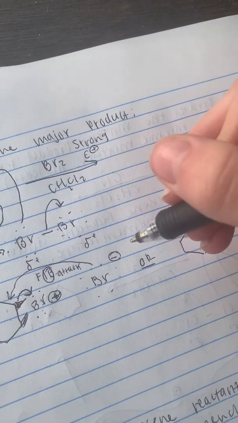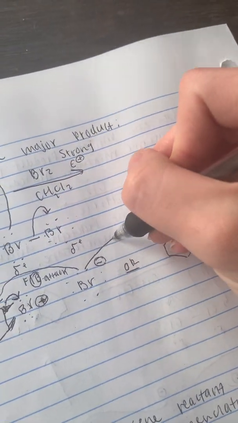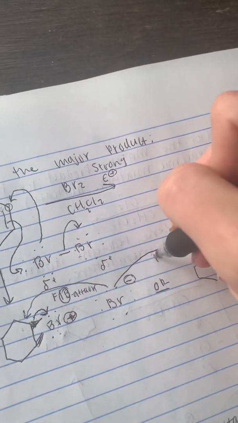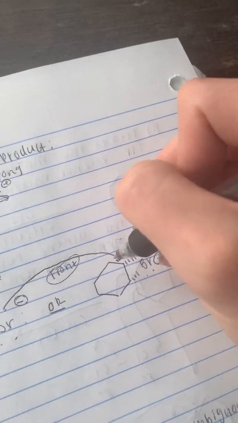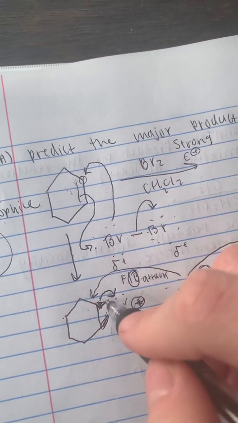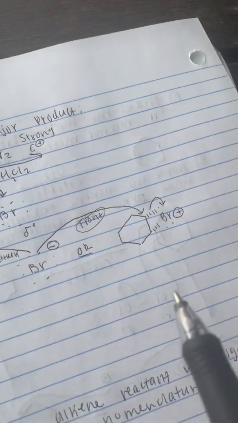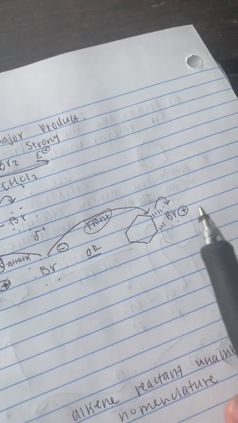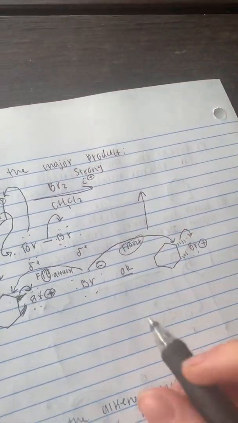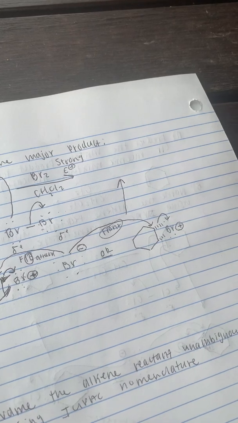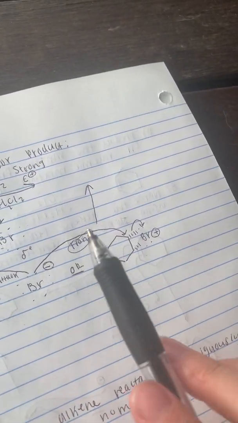To do a frontwards attack, we would have to attack from the front of the compound. So to show that, this is what would be the front attack. And thus, the same way that we did here, this bond had to break, and now this bond has to break in order to form that neutral atom. So from here, let's draw our little arrow. So now the second step for us in this is going to be